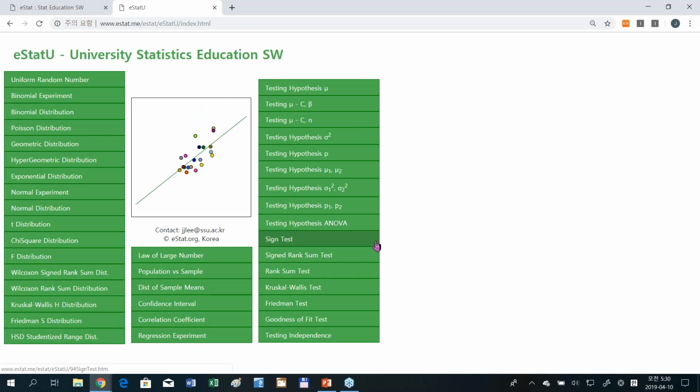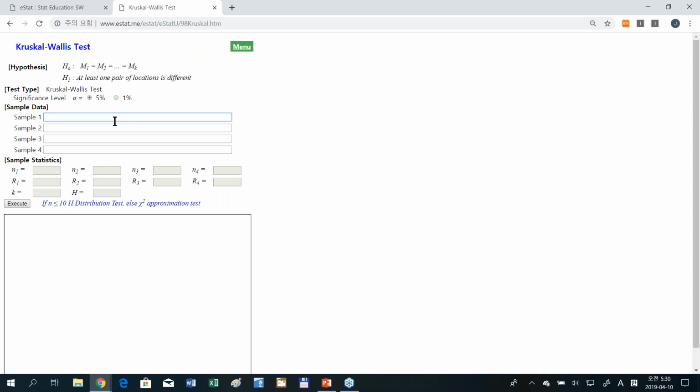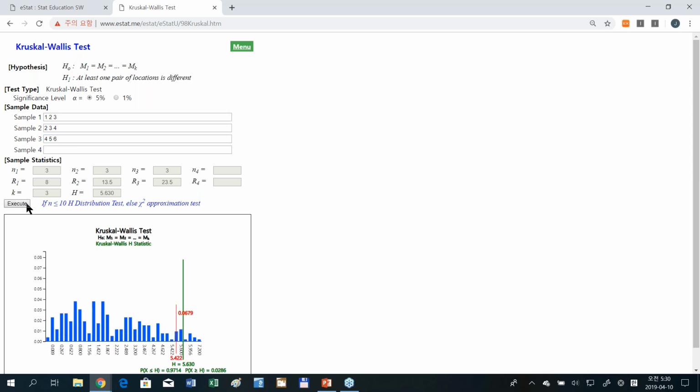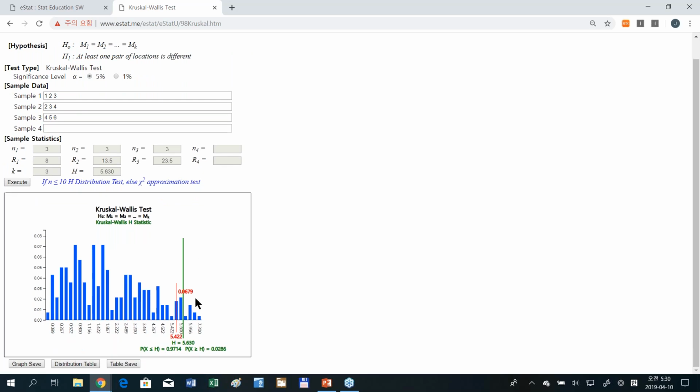Another thing maybe I can show would be what? Let's experiment with non-parametric. Here's Kruskal-Wallis ANOVA in the non-parametric case. You enter data like this. And hit this button, it will generate a statistic and the Kruskal-Wallis distribution, and show where your observation is located. You can make a decision easily.